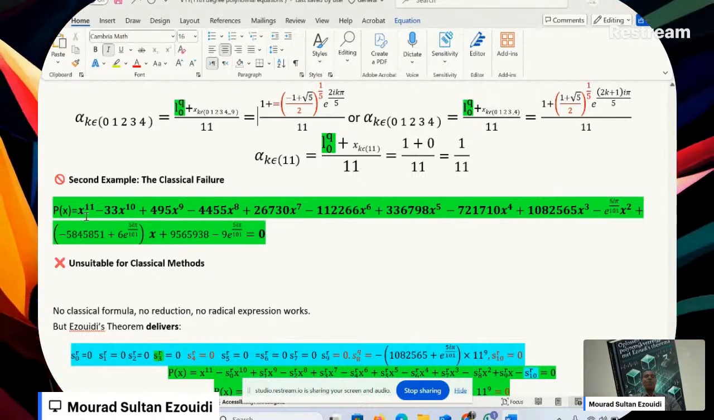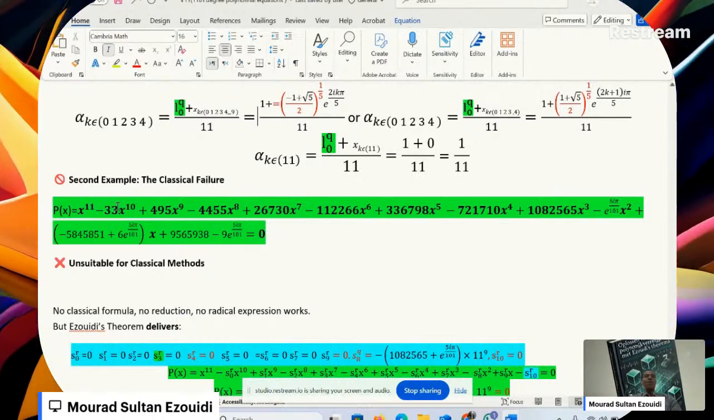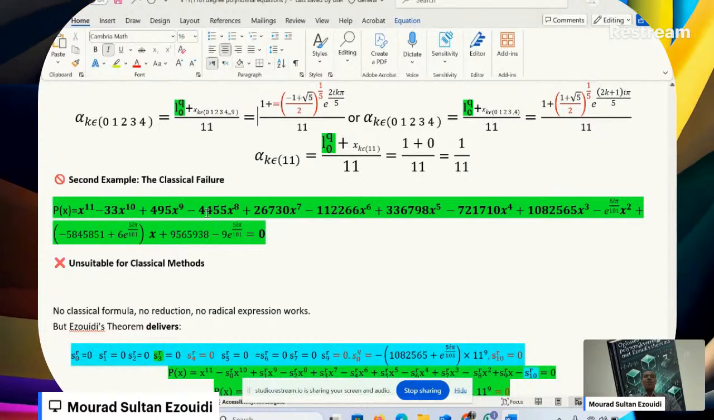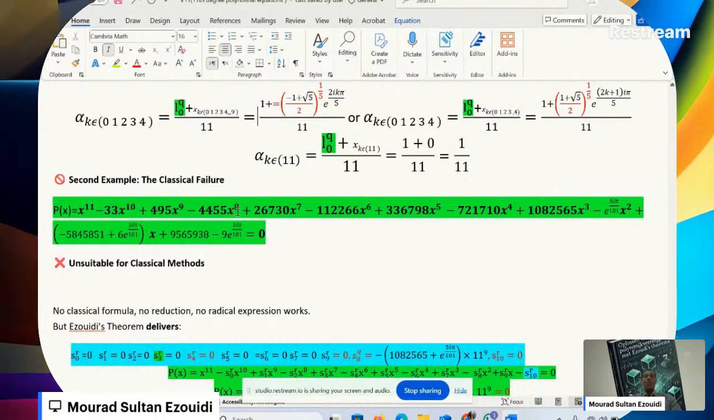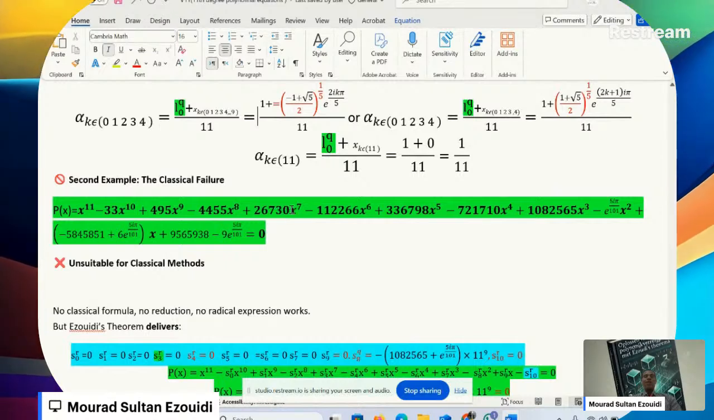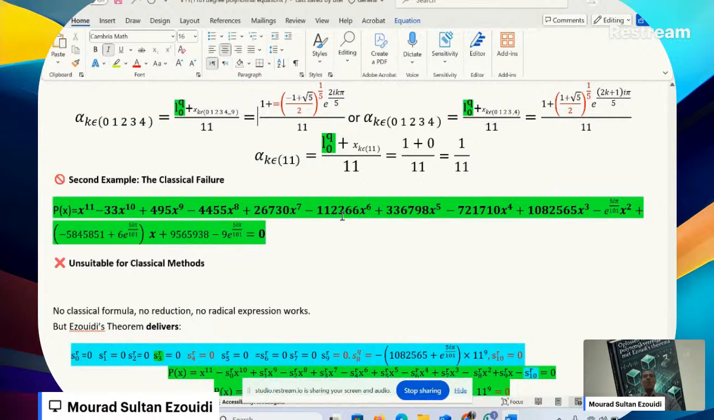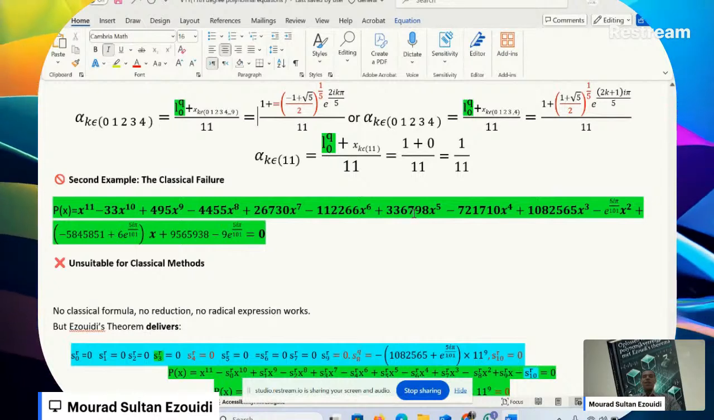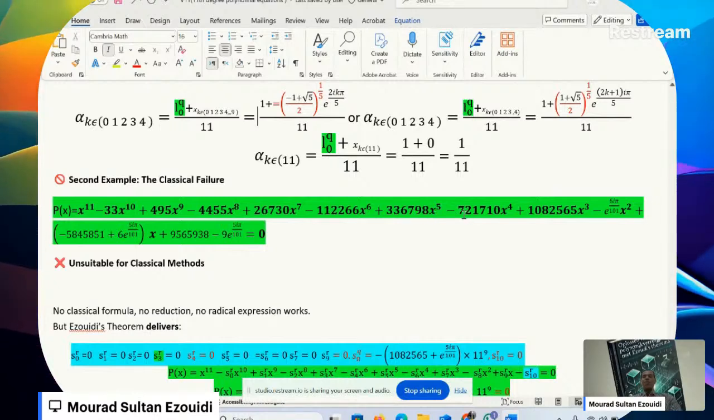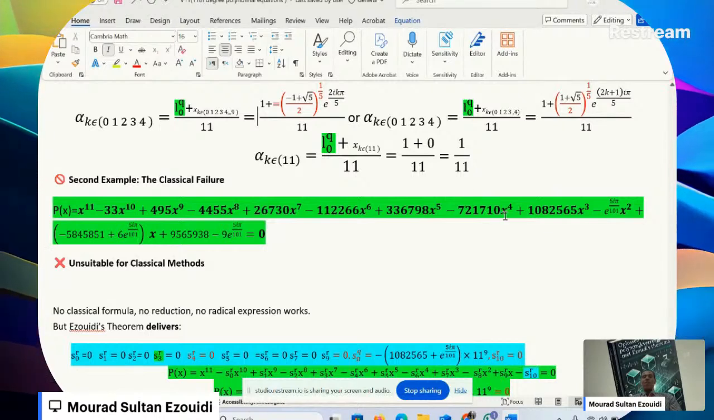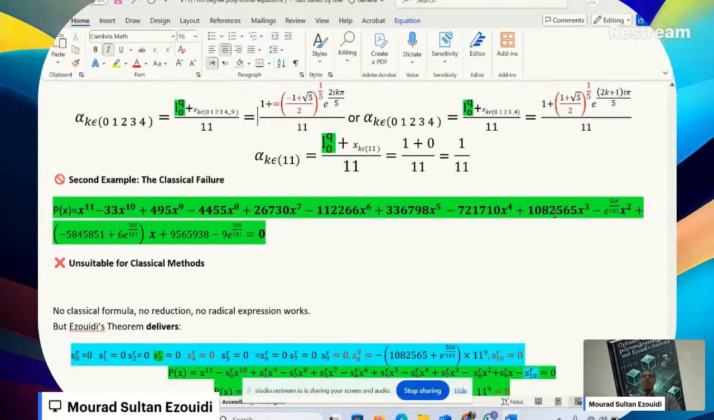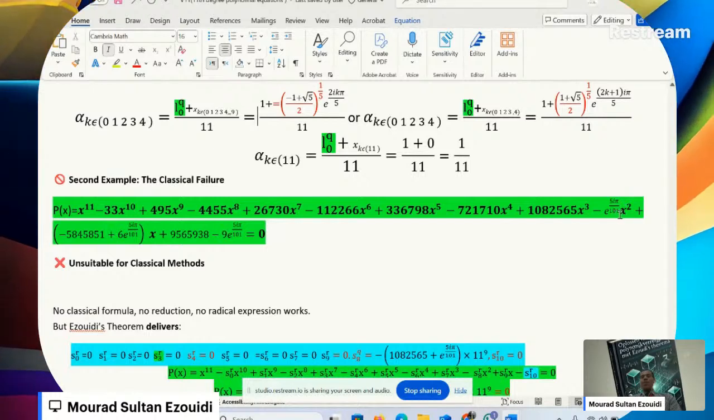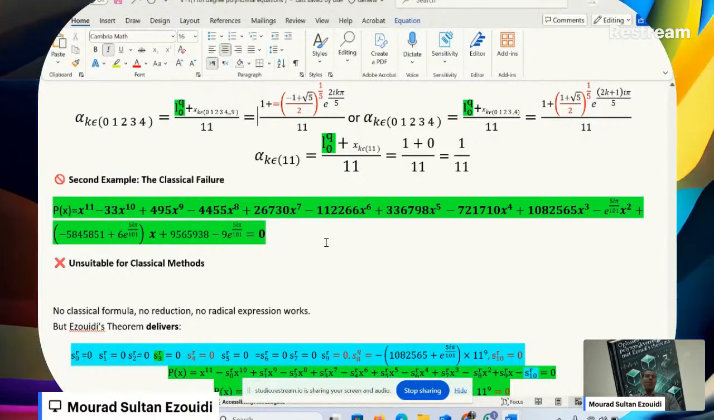So P of x equals x raised to the power 11 minus 33 x raised to the power 10 plus 495 x raised to the power 9 minus 4,455 x raised to the power 8 plus 26,730 x raised to the power 7 minus 1,012,266 x raised to the power 6 plus 336,798 x raised to the power 5 minus 721,710 x raised to the power 4 plus 1,082,565 x cubed minus exponential 5I pi divided by 101 x squared plus